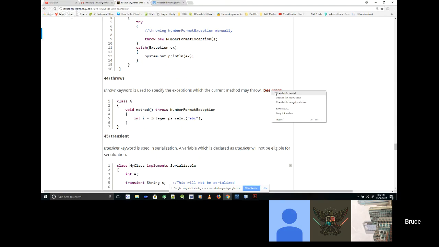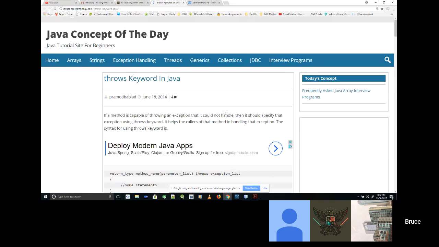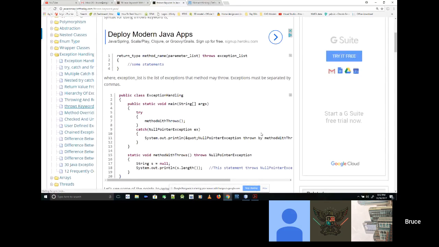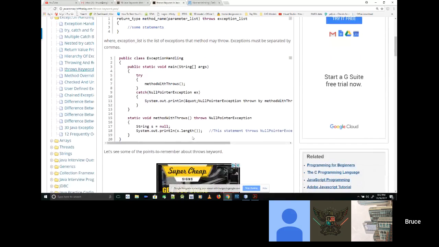There's obviously more here. This is a little interesting, but not too much. See, it says it has more here. Throws, okay. Oh, I know what it is.